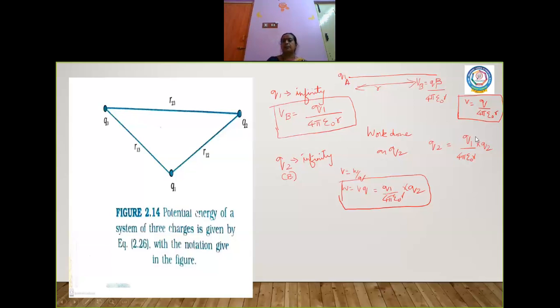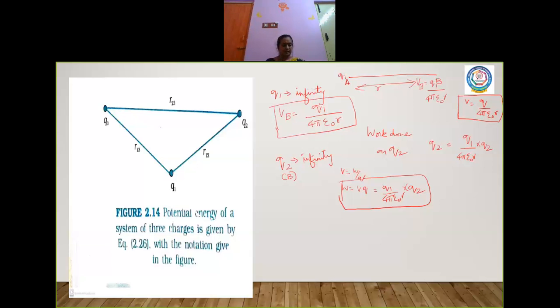Imagine now I take a point B. I bring Q2 from infinity to B, where you will not have Q1. So in that case, no work done. So I will have the potential at A to be Q2 by 4 pi epsilon naught R. Now I bring Q1 from infinity. So what is the work done now? It is given as Q1 Q2 by 4 pi epsilon naught R. Because we talk about work done, because we talk about conservative force, we know that it is independent of the path. So whether it is from A to B or B to A, the work done will be the same.